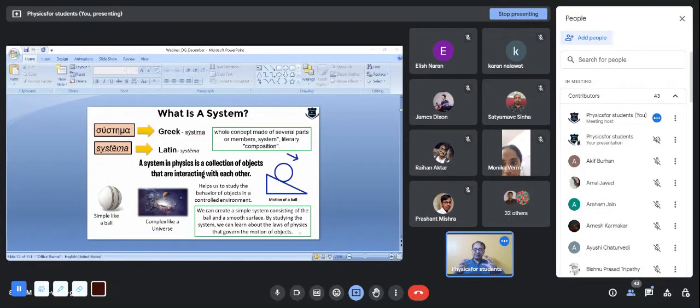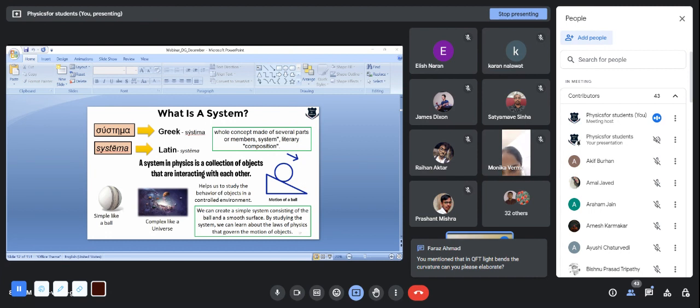So for example, if a ball is rolling down, we can create a simple system consisting of a ball and a smooth surface. If we study the system, we can learn the law of physics, that if the inclination is too high, the ball will roll faster. So what I'm trying to say is that a system in physics is a collection of objects that are interacting with each other. The main concept over here is that it is a collection of objects which are actually